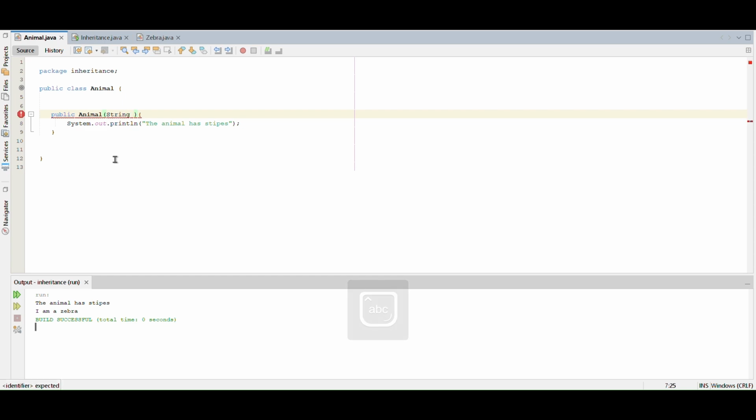What parameters are, we know. Let's say type, string type. What type of animal is this? Okay, let's say comma. We know that a method can have more than one parameter. It can have thousands of parameters. Then let's